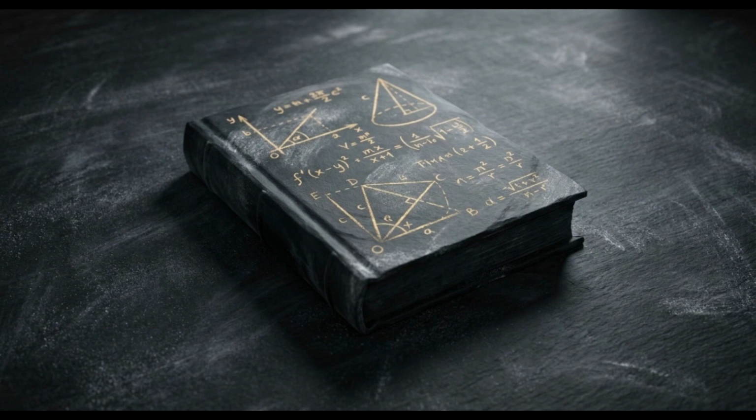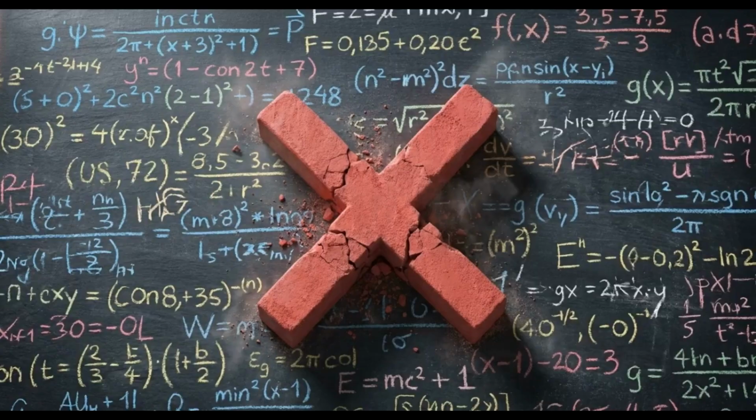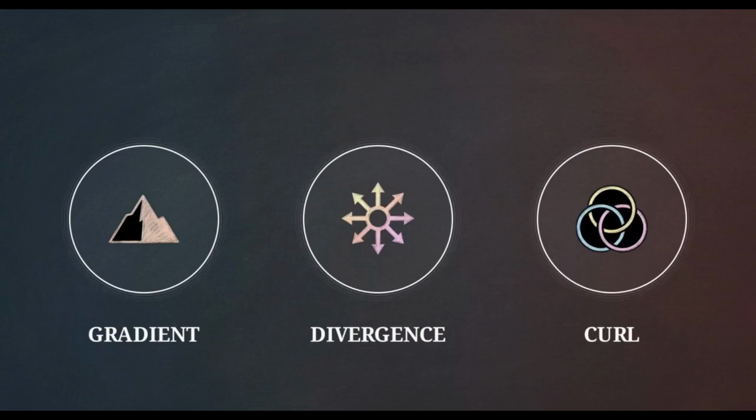They read that map using a language called vector calculus. That name sounds incredibly intimidating, but really it is a mathematical framework designed to describe how nature physically moves. You don't need to memorize advanced equations to decode all this fluid chaos. You really only need to understand three simple physical ideas: gradient, divergence, and curl.